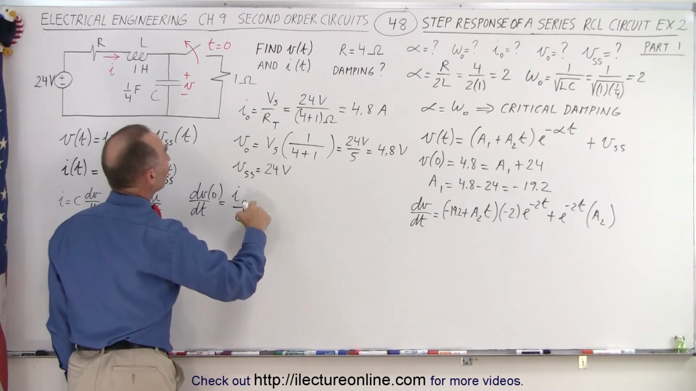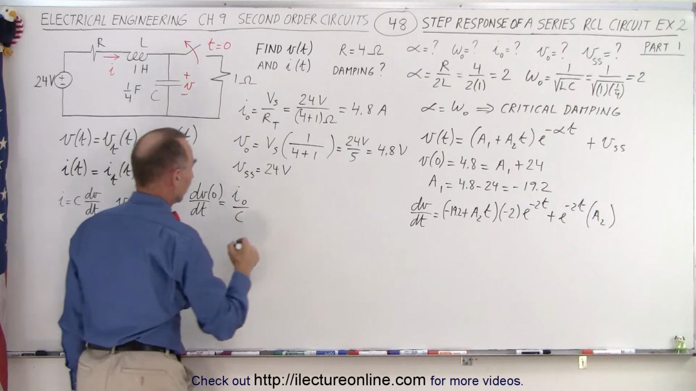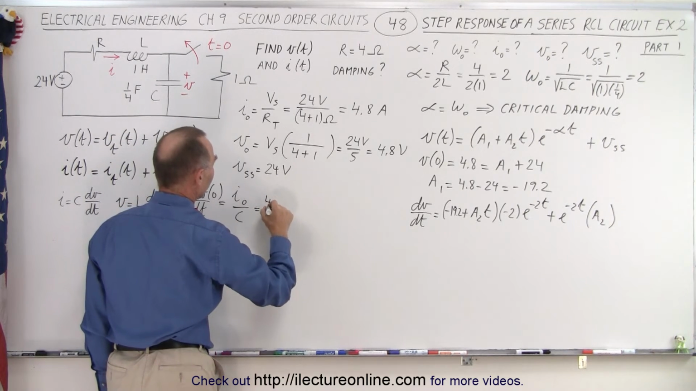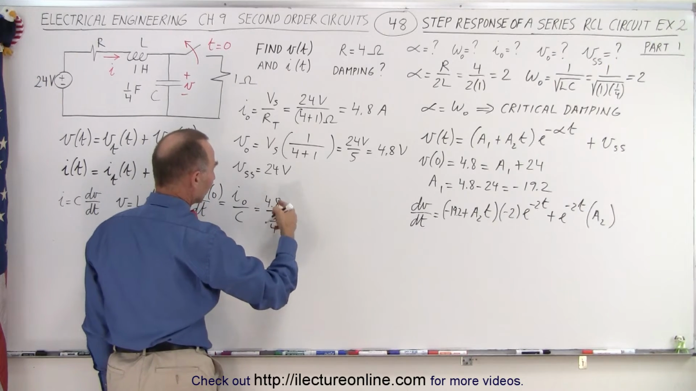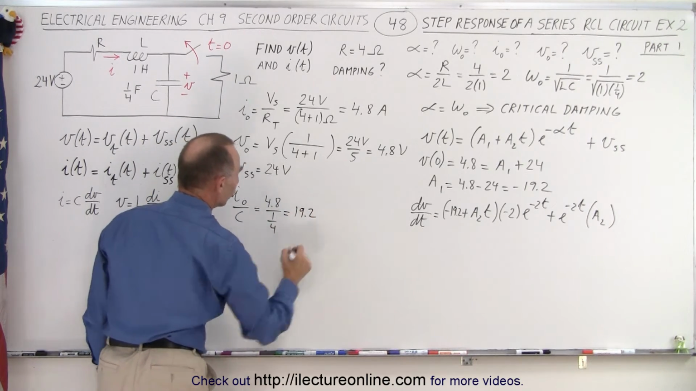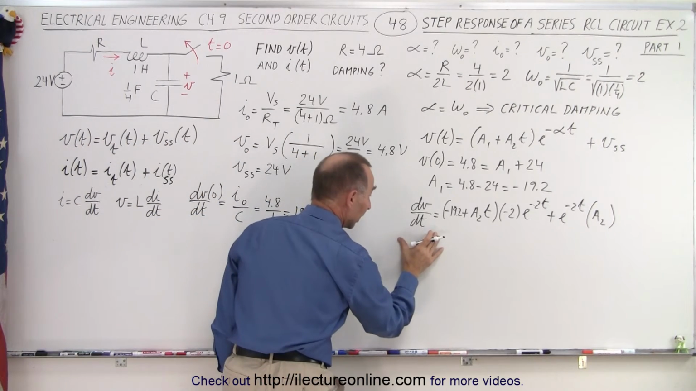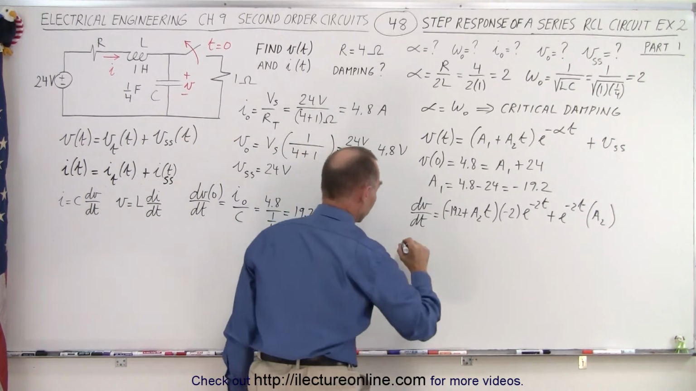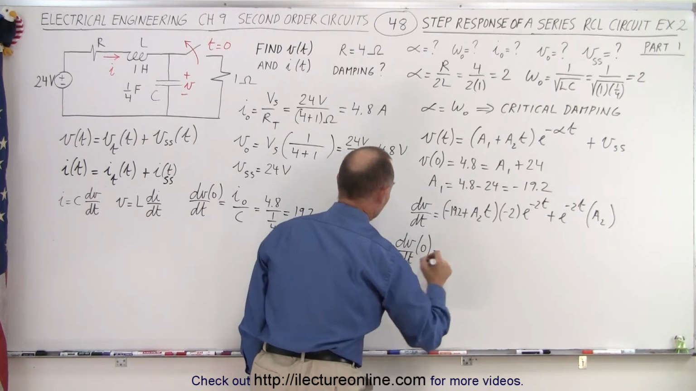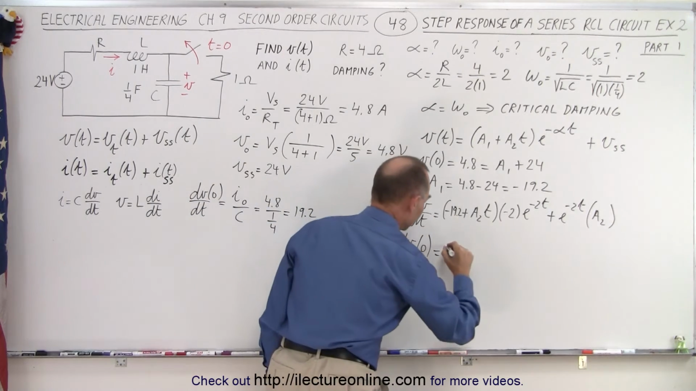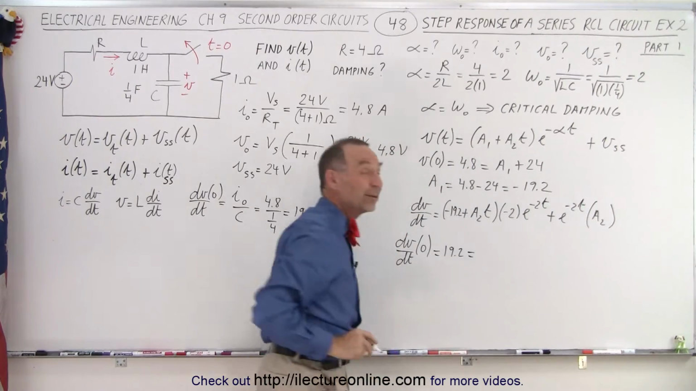And we're given I initial is equal to 4.8, and C is equal to 1/4. So that would be equal to 4.8 divided by 1/4, which is equal to 4 times that, which is equal to 19.2. So now, since that's equal to 19.2, we can set this equal to 19.2 when we take the initial condition. So dV/dt, when time is equal to 0, is equal to 19.2,